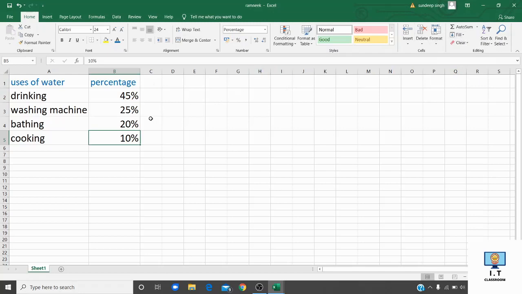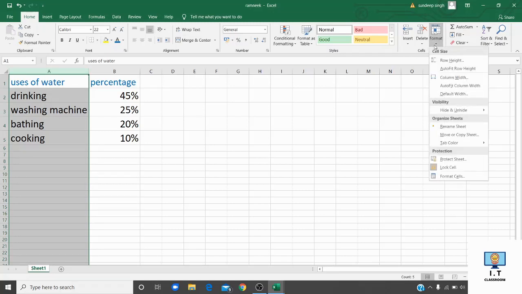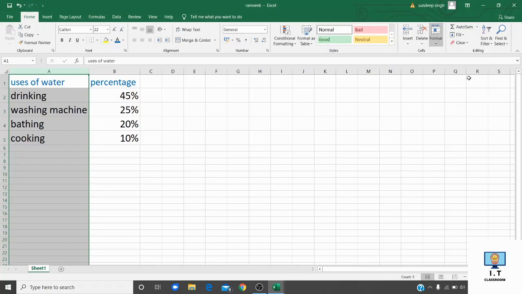Now next is how to change the column width. For changing the column width, you have to first go to this cell and select this column by clicking on it. Now go to Format. In this you will find Column Width.